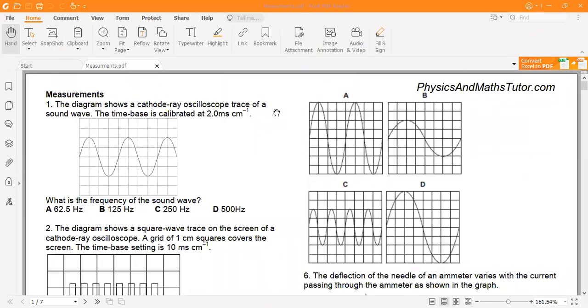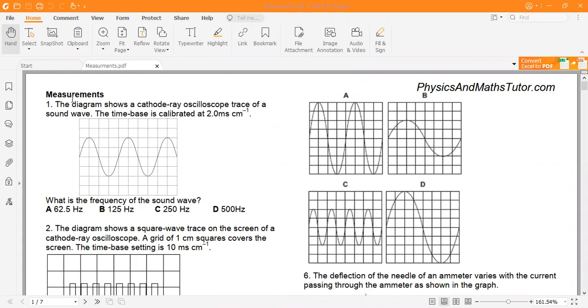Okay, so we did measurements yesterday, and today we are going to apply those concepts that we studied yesterday in these questions. So we're starting with the MCQs, and once we are done with these MCQs, we'll go to the theory section. Most of the questions from measurements are very intuitive, like you don't have to do any working. So basically, let's look at these questions. You will get an idea.